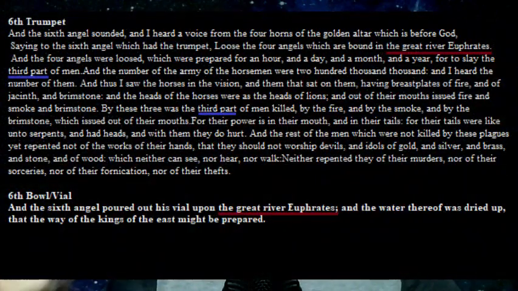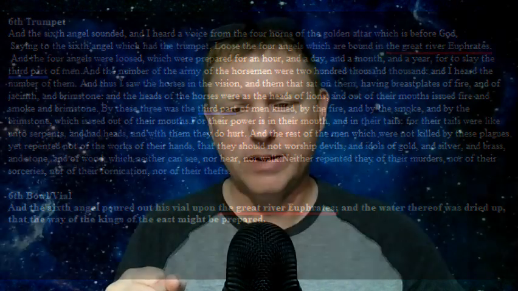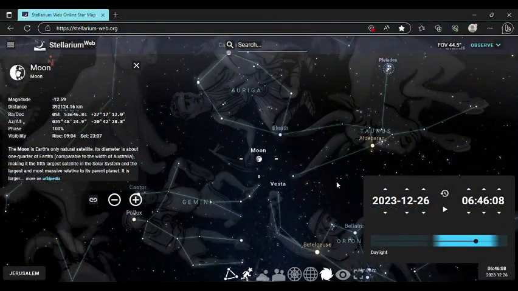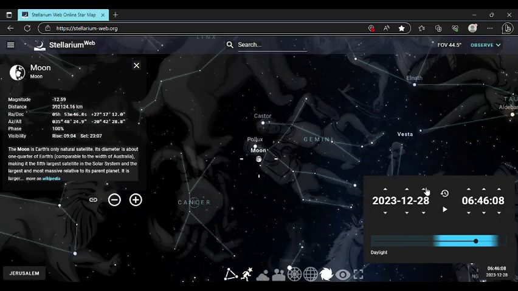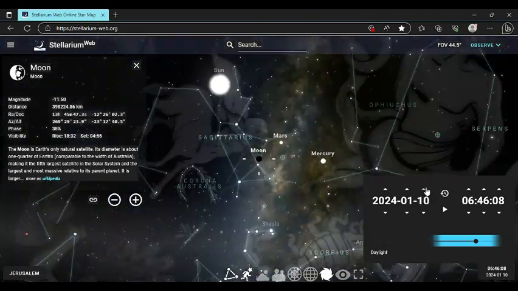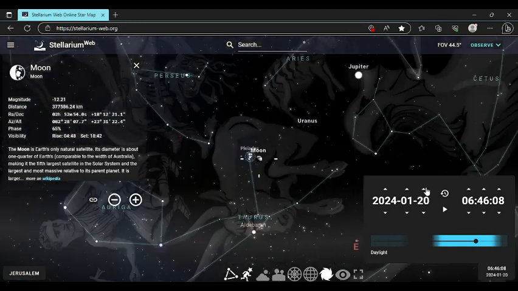But if someone else finds another year in the future where all these full moons line up to match from the earth to the air, and so this one here, Euphrates River, sixth trumpet. You can see in the trumpet and in the bowl, or the vial, where it says the great river Euphrates. So the sixth trumpet. Okay, so let's go in and we'll look for the seventh trumpet. We'll carry on here from the sixth trumpet. We'll go forward to the next full moon, and we'll see where it brings us.